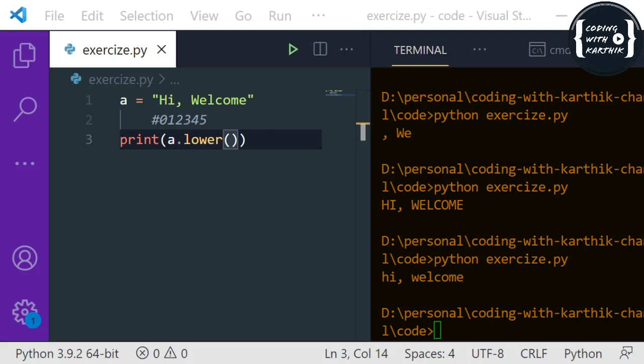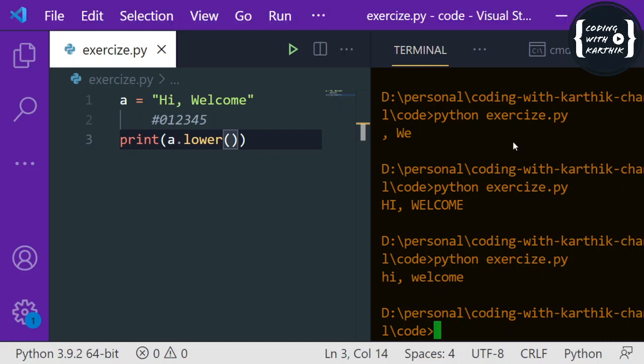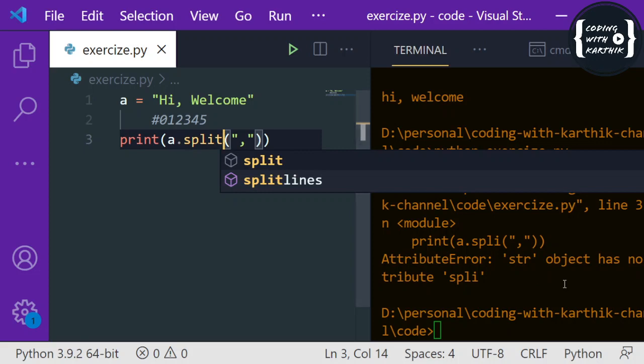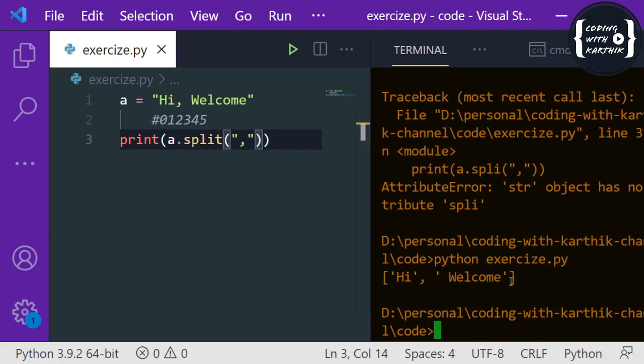And if you want to split the string based on a specific character, suppose you want to split the string based on a comma, then use the split() method. If I use this, see, it is splitting based on the comma. We can provide the character which we have to consider for splitting the string.